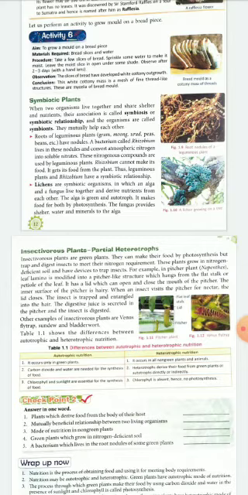Now moving on, last topic, that is insectivorous plants. Insectivorous plants have special structural features that help them to trap insects and are commonly known as carnivorous or heterotrophic plants. These plants digest the insect by secreting digestive juices and absorb the nutrients from them. These plants grow on soil that lacks minerals, mostly nitrogen. A few examples are pitcher plant, Venus flytrap, sundew, etc.